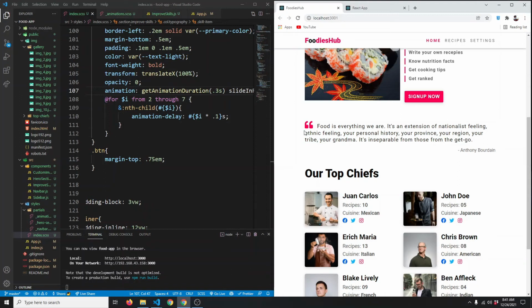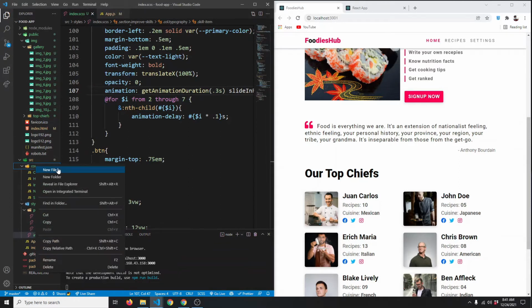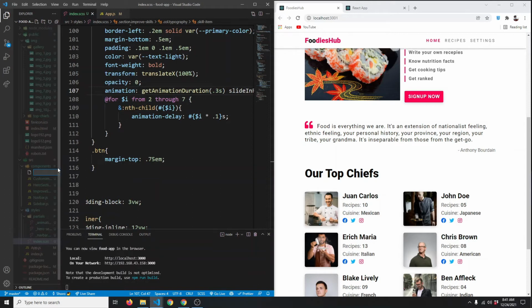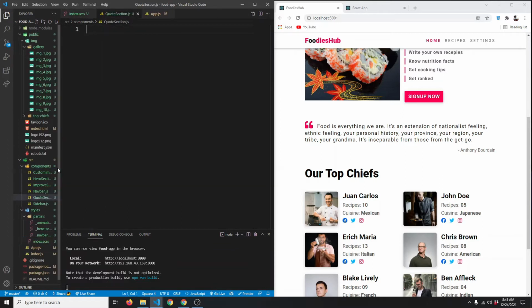In this video, let's quickly create this quote section. So I'm going to close this animation. I'm going to close this improve skills section, and in our components, let me create a new file, and I'm going to call it, let's say, quote section. So quote section.js, and again we're going to say export default